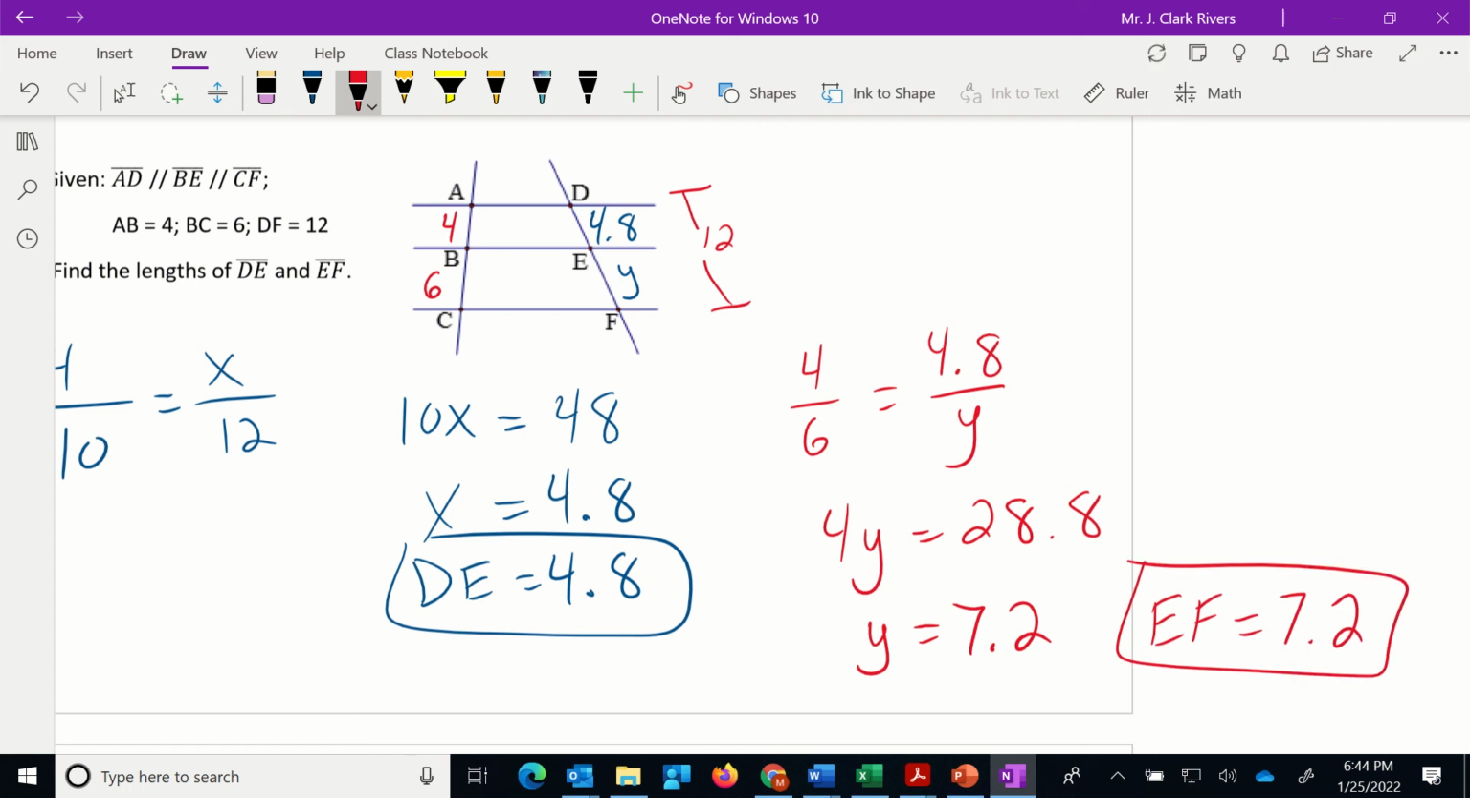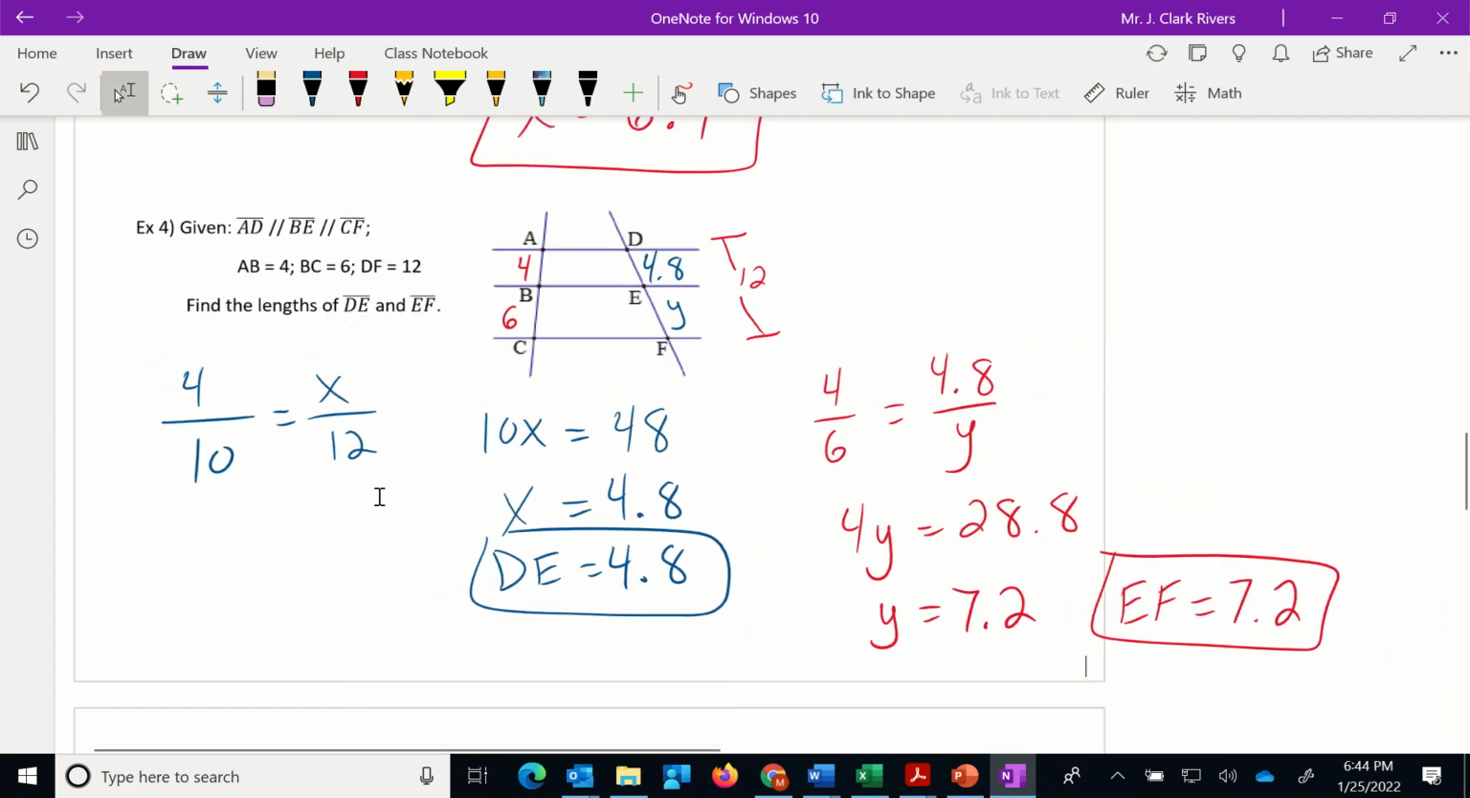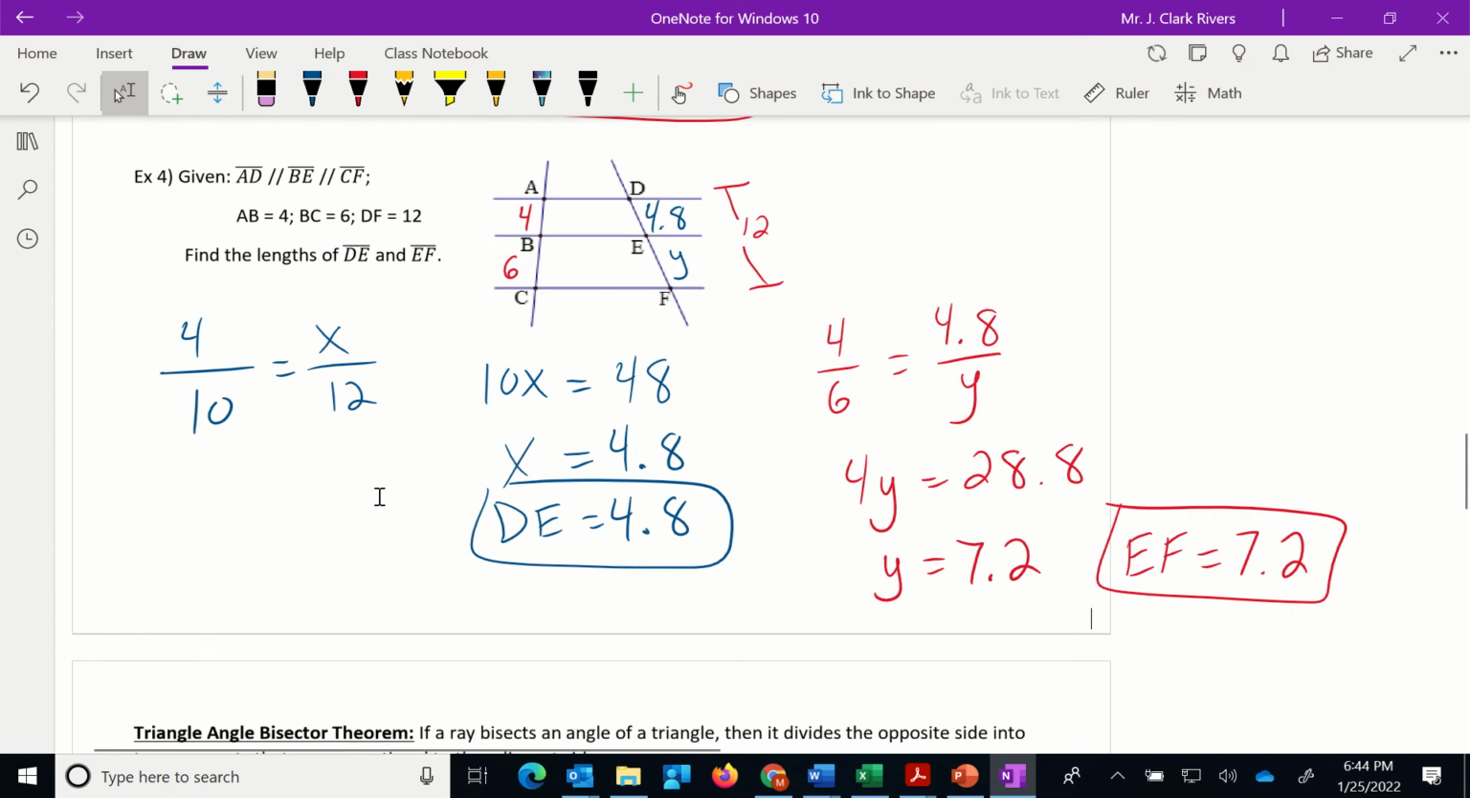Okay. Now there's a couple other ways you could have done this one. If you did it a slightly different way, that's okay. If you got the right answer, as long as you support your work, I'm okay with that. So this is not the only way to do this. You might have thought about it in terms of percentage of the total length, right? So like 4 is 40% of AC. So like DE would have to be 40% of